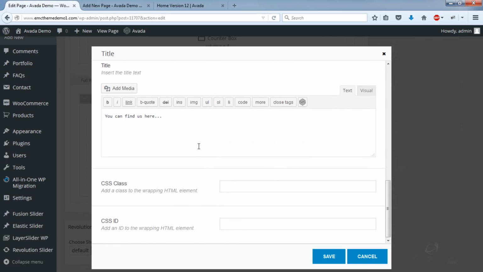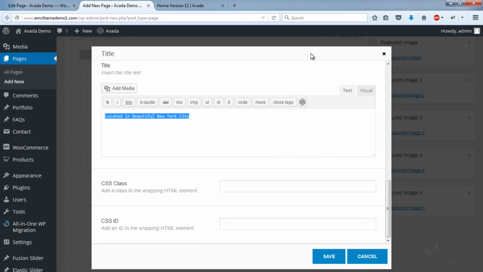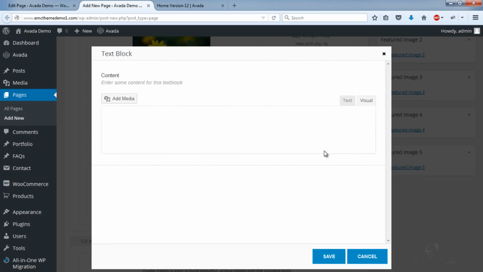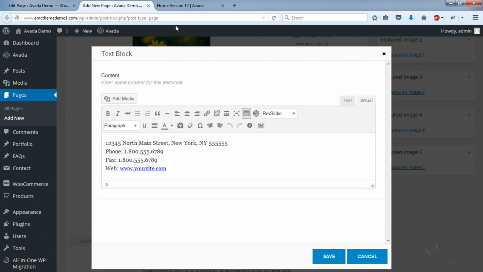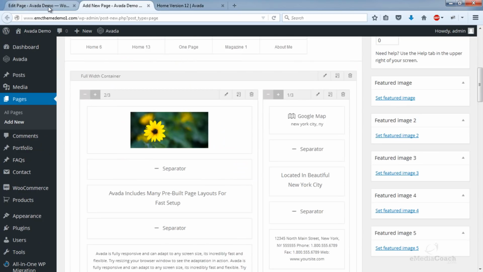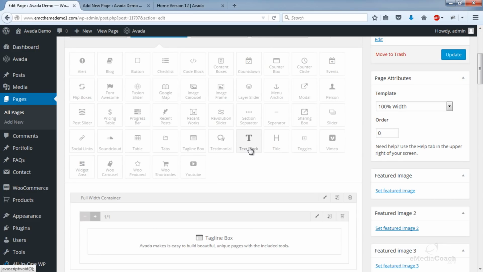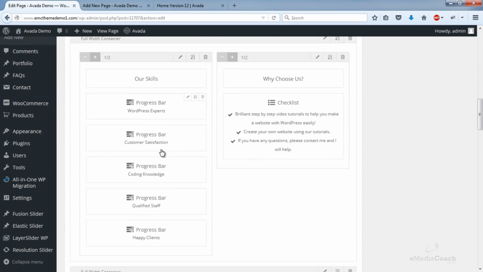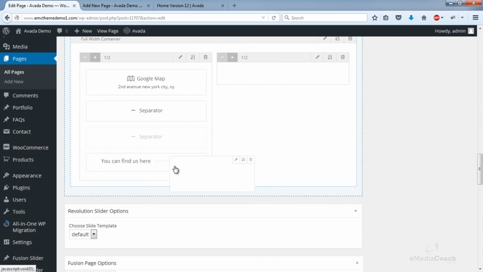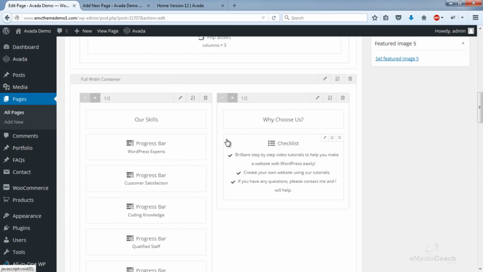And that's all. They've also added another separator and the actual address in a block under that. So this is a text block. Okay, so I'll just copy this text. I'll duplicate this separator and just drag it down there. And then find a text block.